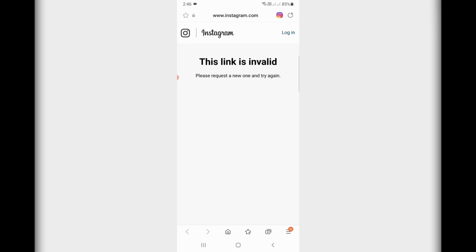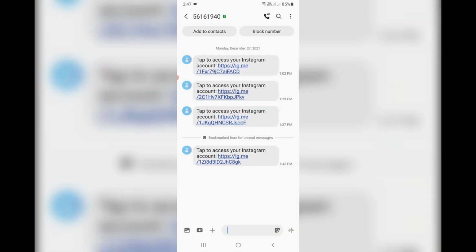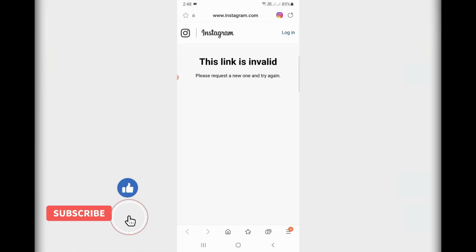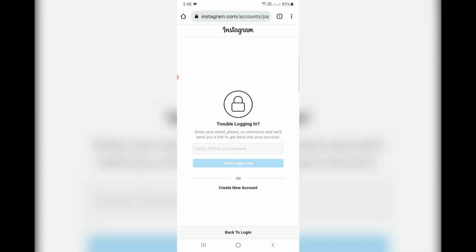So today I got the following error notification while I tried to reset my Instagram account password, and it shows this link is invalid. This message occurs while I try to access the password reset link. But I don't know why it shows this kind of message, because here I tried to access this reset link once I got it. So anyway, if you have the same problem, just follow me friends. So let's go to our tutorial.